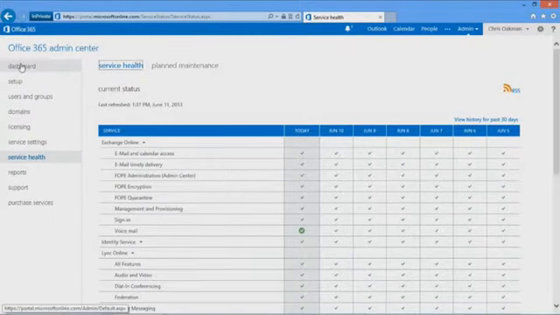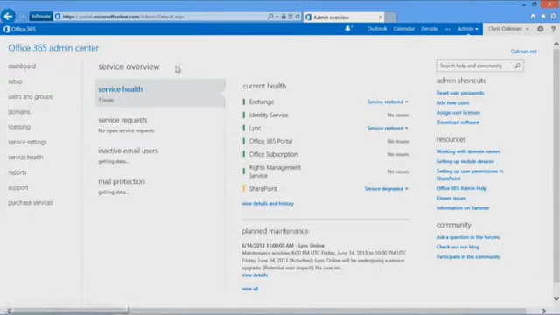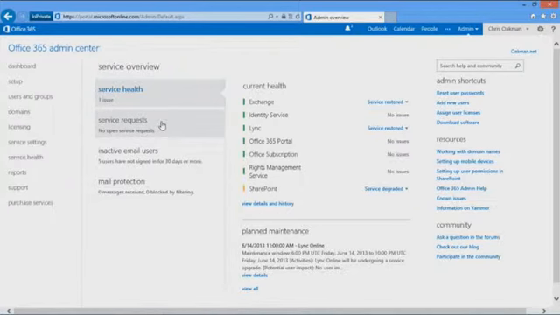Let me go back to the dashboard because that's where I started. So here in the center, service health, we've got one issue. Obviously, we saw that. Service requests: if I had been asking Microsoft for some help, they would show here as well. Five users have not signed in for 30 days. It's not an active tenant right now. Well, it's kind of sort of active, but not being used. And mail protection. Obviously, I'm not really sending or receiving email. It's not showing that we've got messages received, zero blocked by filtering. So it would show all that right on the front screen, the main dashboard.